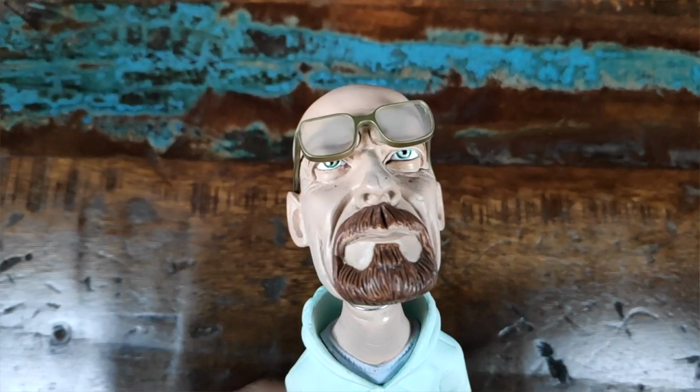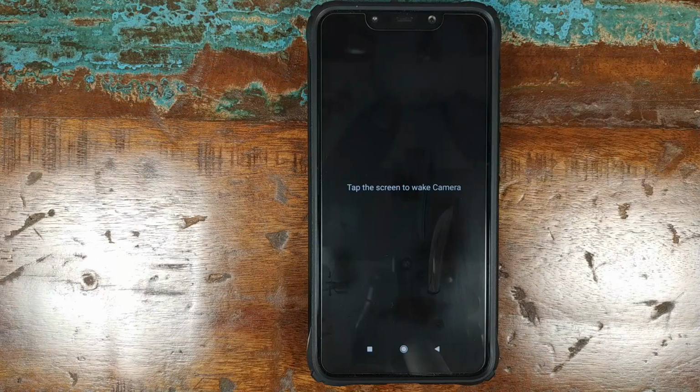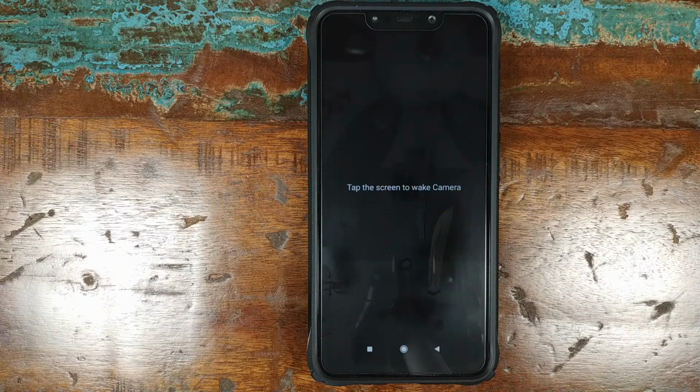Now when Samsung launched the Galaxy S9 and the Note 9 series, they added something called super slow motion, which records video in 960 FPS as well. But do note the S9 and the Note 9 have Sony IMX345 sensors which are capable of recording in 960 FPS without any software processing. However, the S9 and the Note 9 have a limitation wherein the recorded clip is 0.2 seconds and then it